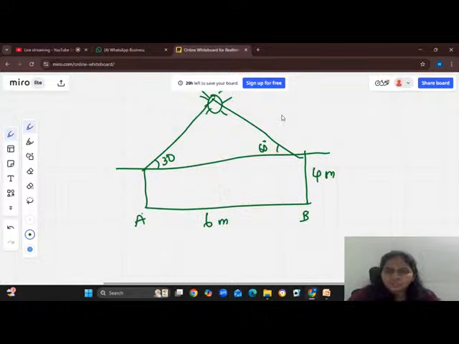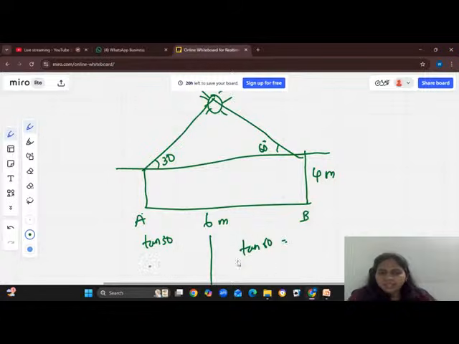Now same case. Draw two lines. Go with the tan 30. Go with the tan 60. Do it parallelly, and then you will get the answer. Sometimes they will ask you what is the height of this boy AB, like PQ. I'm taking this. What is the height of this AB? You can do it directly here as well. You can just go with tan 30, tan 60 and find out this distance. Also you can find out the height of AP.